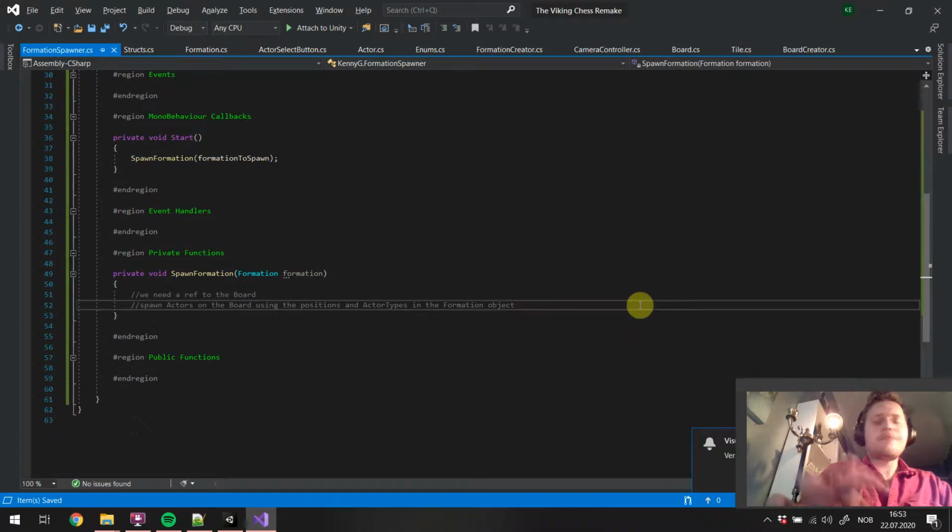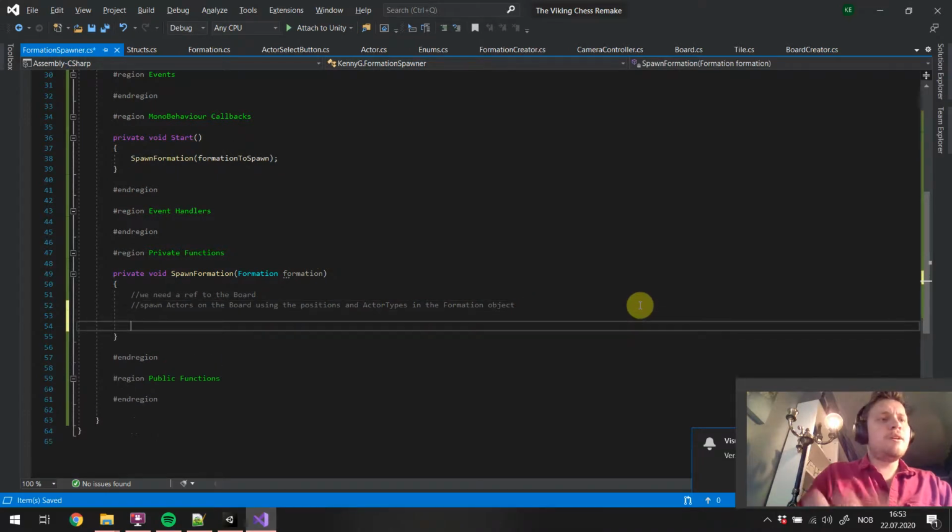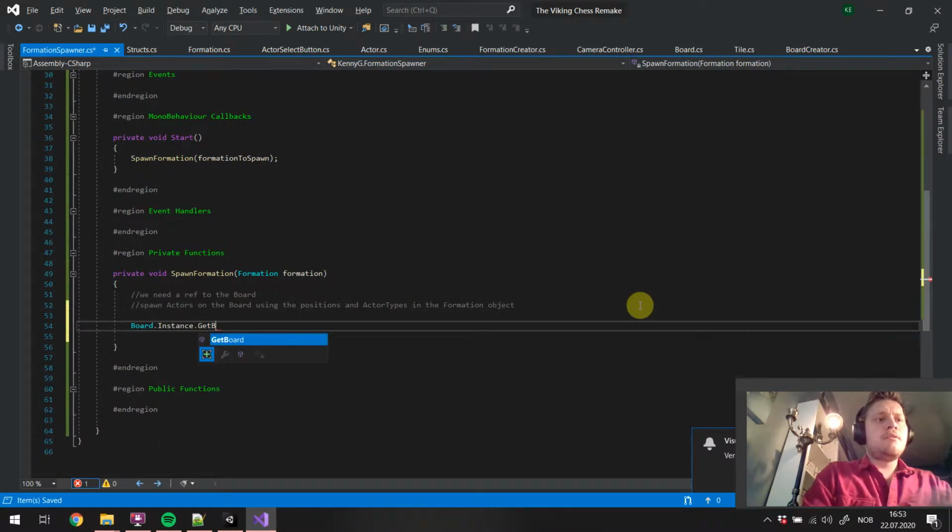So we need a ref to the board. Then we're going to call board.instance.getBoard, and we're saving that to a local variable. So var board equals that. And then